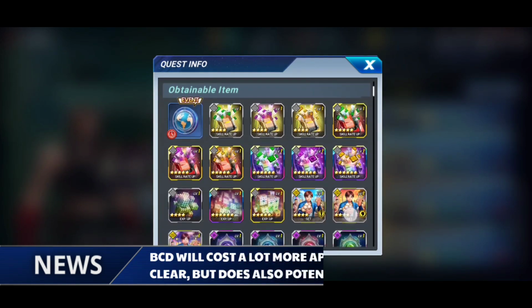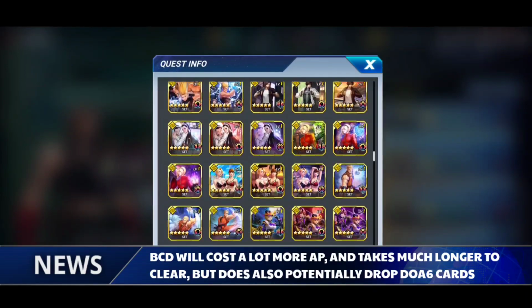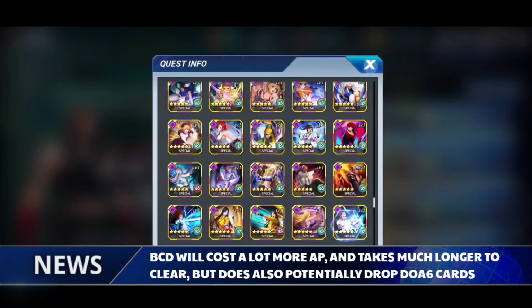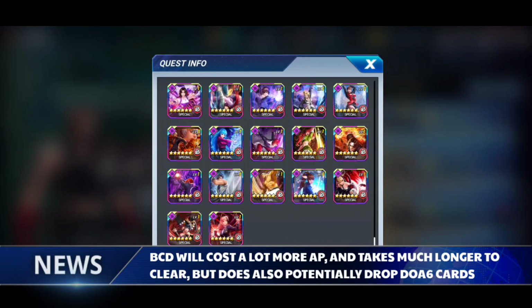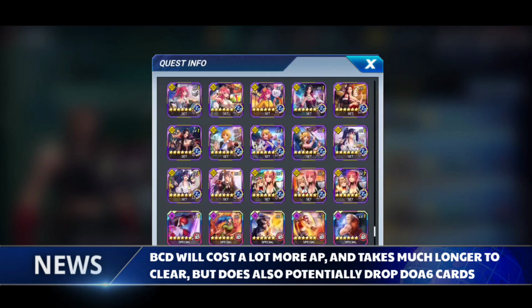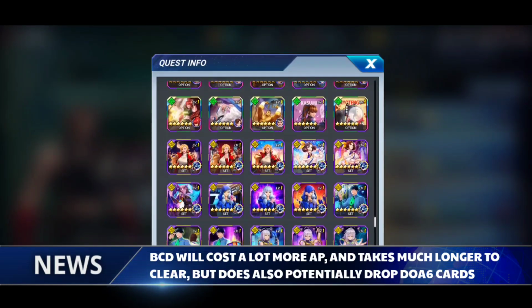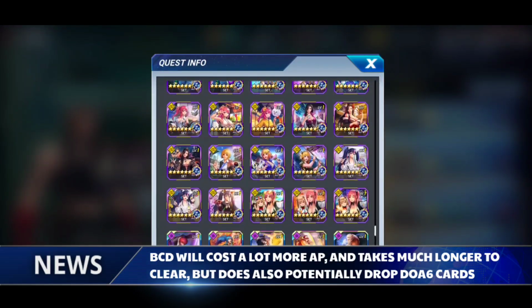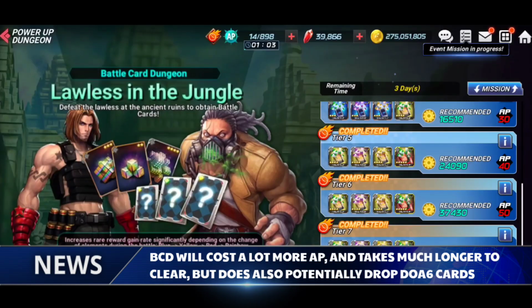But in the battle card dungeon right now, I think there is definitely a lot of value to be had if you want to grind on this one, because if we check through here, you're actually going to notice that right now all of the Dead or Alive collaboration cards, as you can see at the bottom there, and then you see the set card there, the option cards, all of these different cards are going to be possible to get from this on a random chance. The odds of you getting them are slim to none,